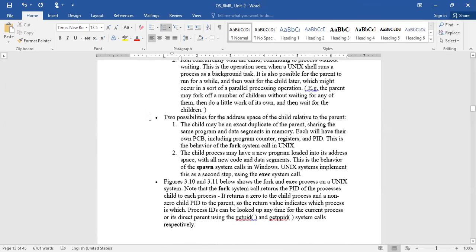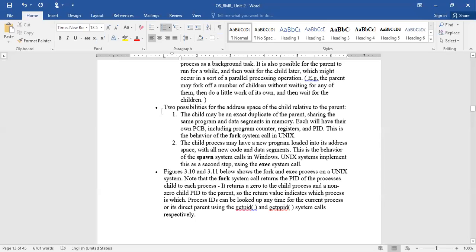Right. Then coming to the address space of the child. For each and every process, the operating system will maintain a separate data structure called PCB, process control block, where it maintains information like the process number, the registers which it uses, the memory limit, the files, etc. Like that, it maintains certain information regarding each and every process.